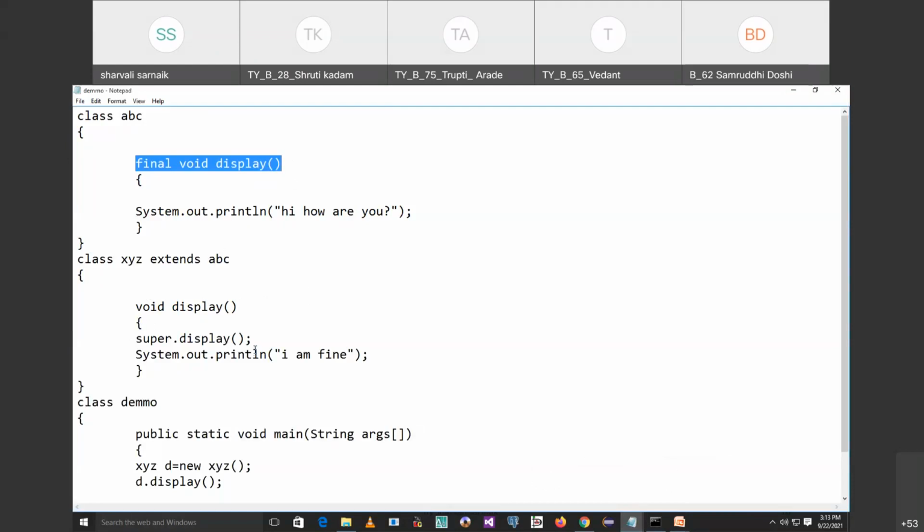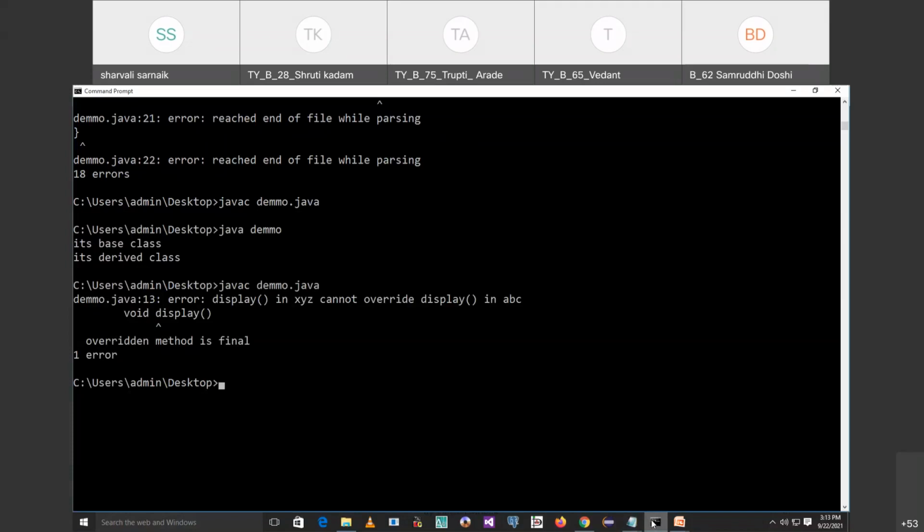Similarly, if I declare a class as final and then extend that class, see, class XYZ extends ABC. But we know that the ABC class is final, so it will not run the code.